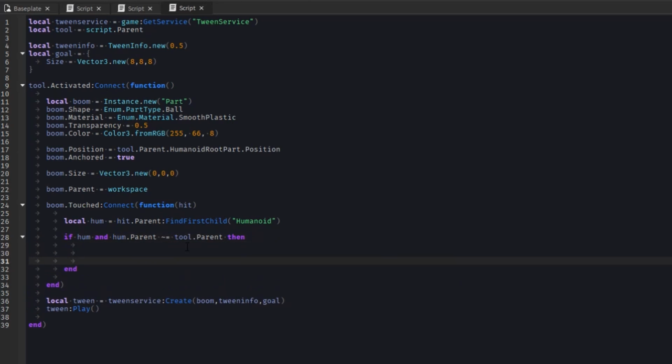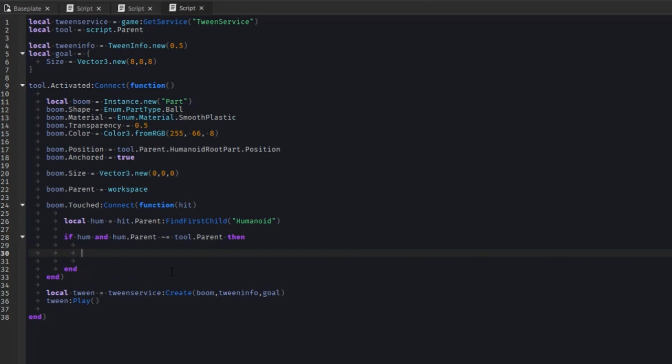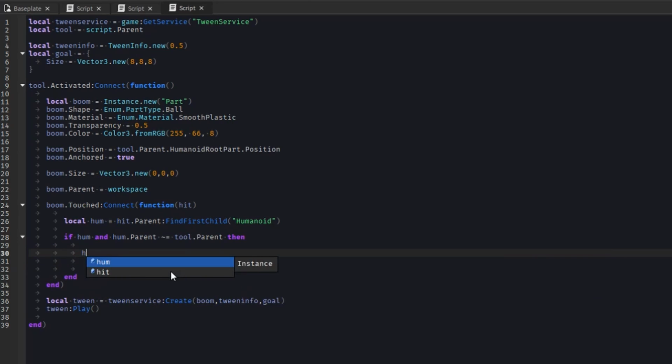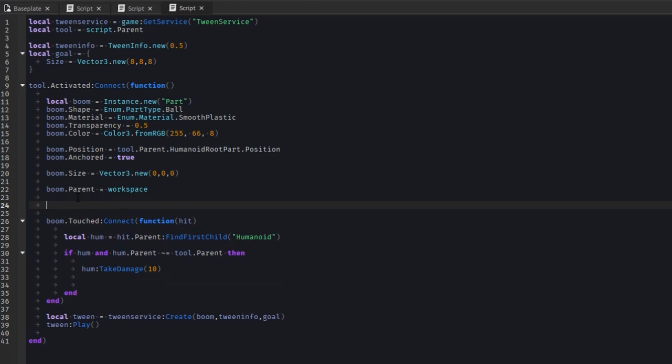So what that'll do is check to make sure that the humanoid's parent is not the same as the tool dot parent. And if it was, that would mean that it would be ourselves, right? And if it is not, then we'll do humanoid take damage 10. And now what this will do is, there's not actually a cooldown for this, so we could do something like create a table called damaged,